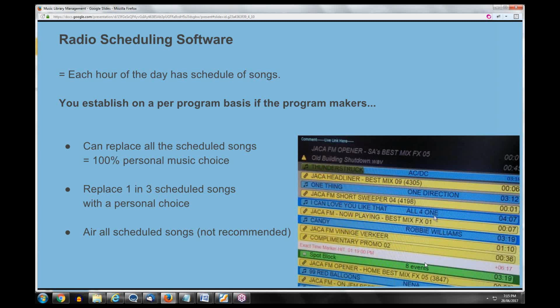Then the third option is that you tell program makers that they have to air all the scheduled songs. Look, personally, I wouldn't recommend you doing that. I think that it's good to allow people to have some choice and flexibility on their programs. There might be certain shows where they're happy just to play what's on the catalogue. But what's important is if you have